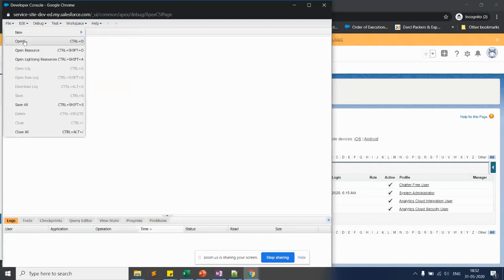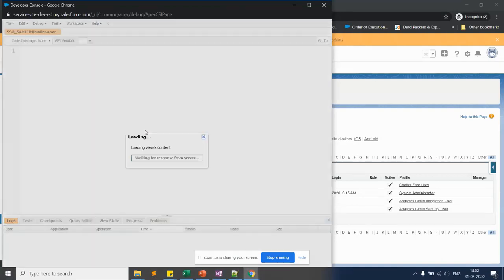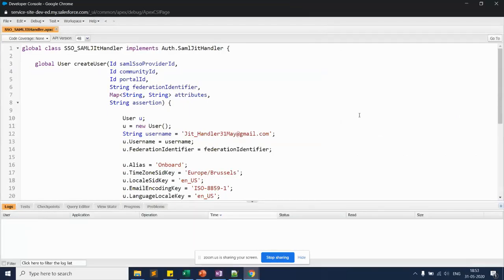Okay, so I have created one Apex class. It basically implements auth.SamlJitHandler, which is a Salesforce-provided interface. So I'm writing a class which implements that particular interface. You have to make sure this Apex class has global accessibility,